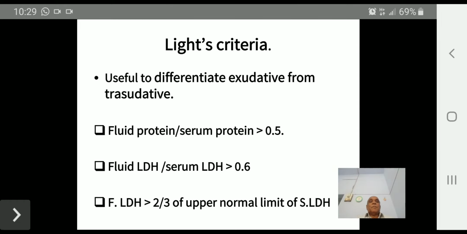Suppose a patient has CCF, cirrhosis or nephrotic syndrome, and effusion develops. It may be transudative in nature. If the patient has pneumonia, tuberculosis or carcinoma of lung and develops the effusion,